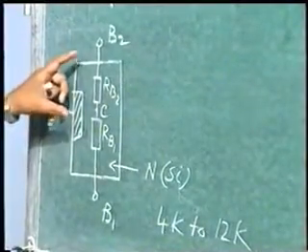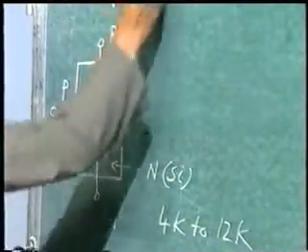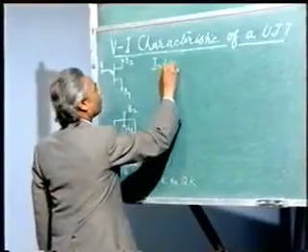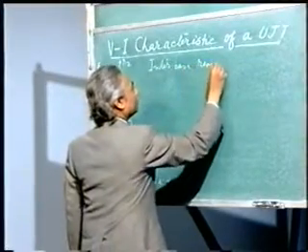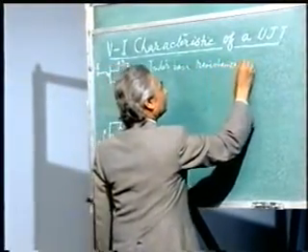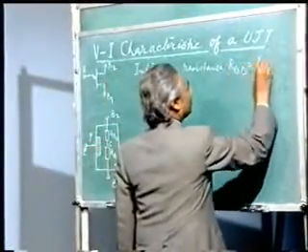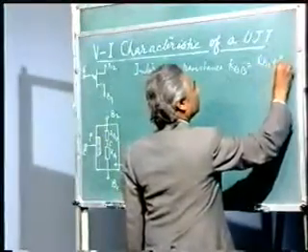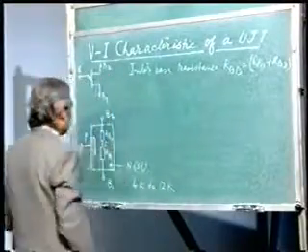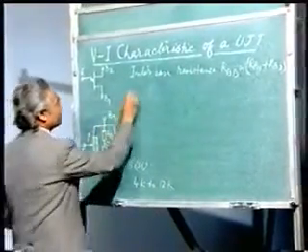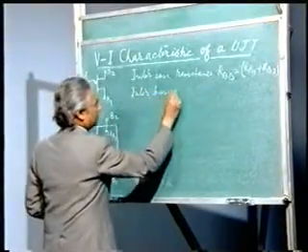So the total resistance between B1 and B2 will be RB1 plus RB2, which is known as interbase resistance, say RBB is equal to RB1 plus RB2. And if I give a supply between B2 and B1, that will be known as interbase supply,